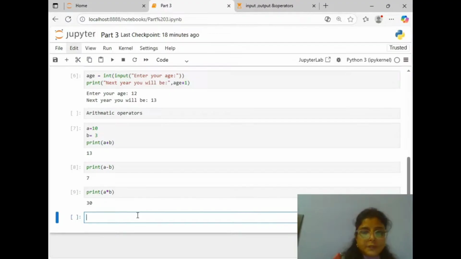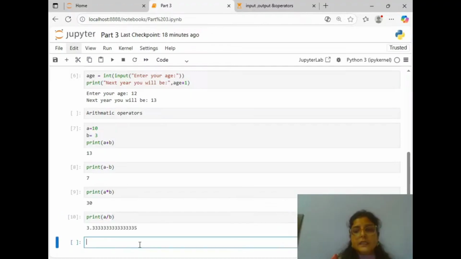Now division. Print A divided by B. Sorry, my mistake. A divided by B. Print, shift enter. So like this you can use these operators. And there is a modulus operator also.